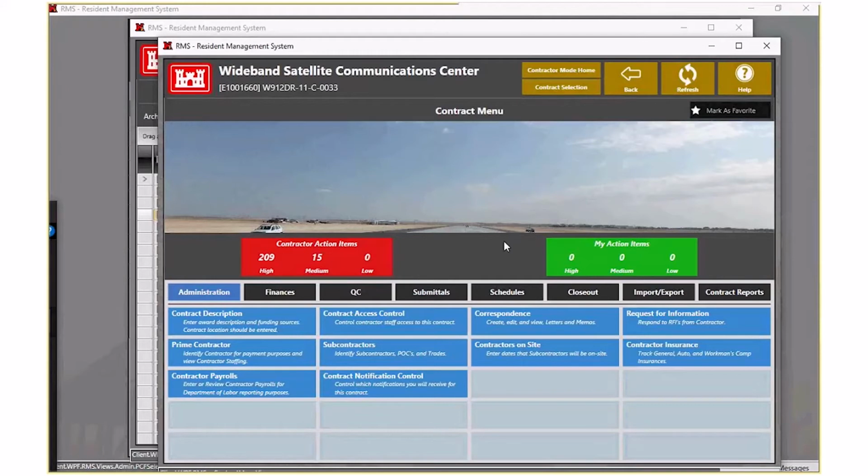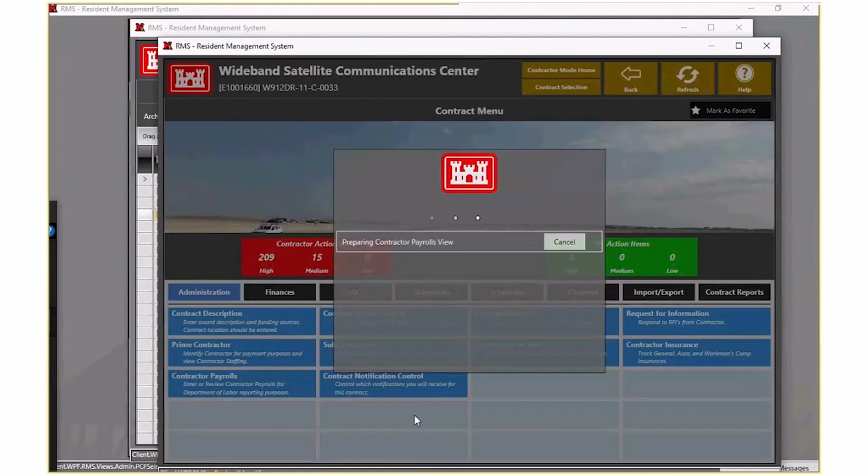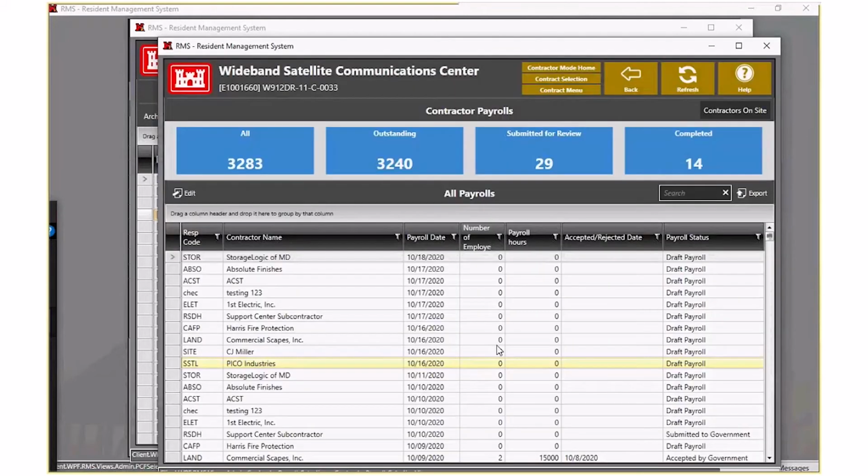particular contract. When they do that, they're going to go to the administration tab, and then they'll go into the contractor payrolls. As that's opening up, it's going to take a few minutes. There we go. Now, this process is pretty much the same as it was before. You're going to open up a draft payroll,